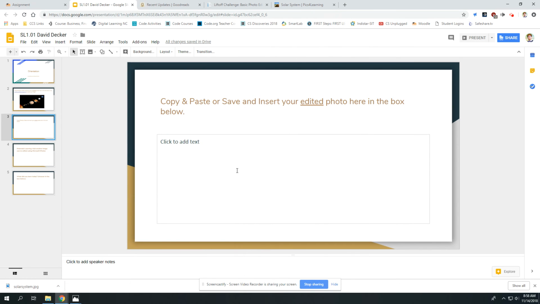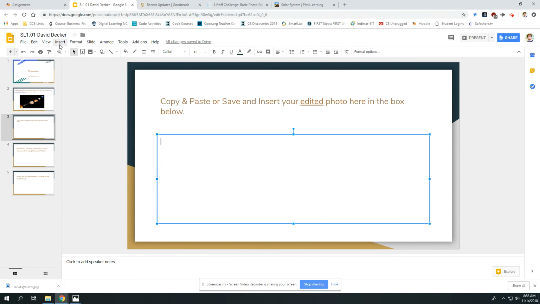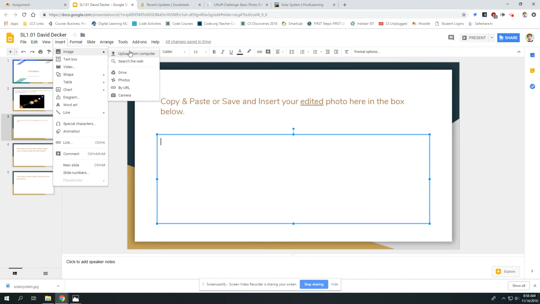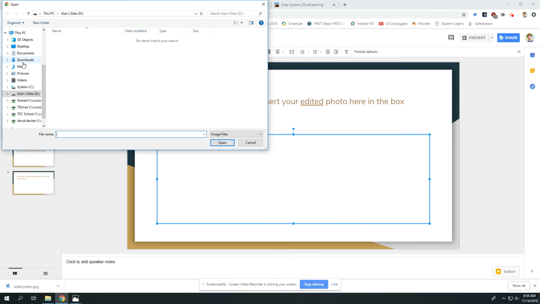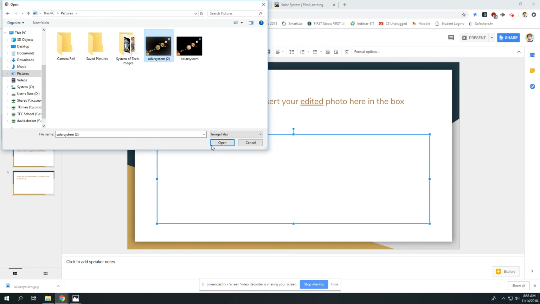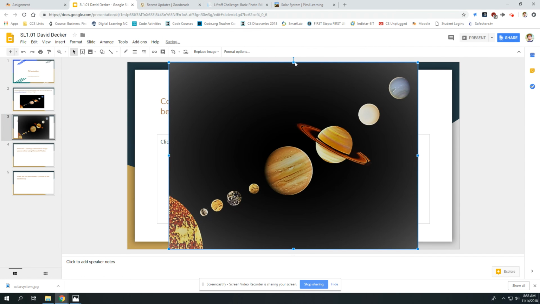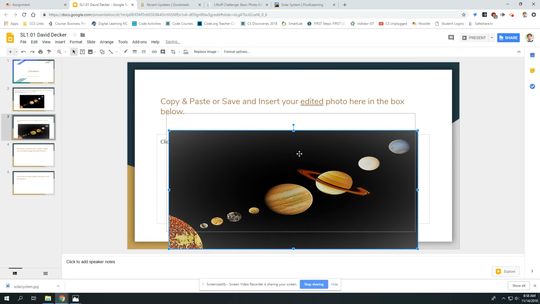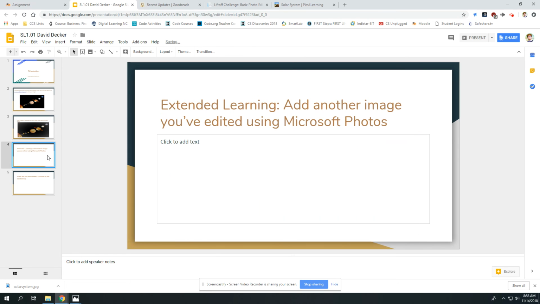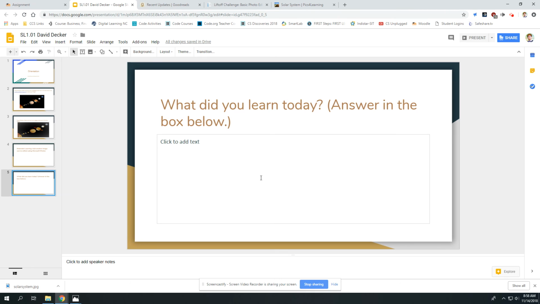And then on this page, we need to go to Insert, Image, Upload from Computer, Pictures folder, Solar System 2, open, and that's the edited version. The next page, I want you to find another picture that you like from picsforlearning.com from any category and get that added here after you've edited it. And then on this last page, tell me what you learned today. Once you're finished with that,